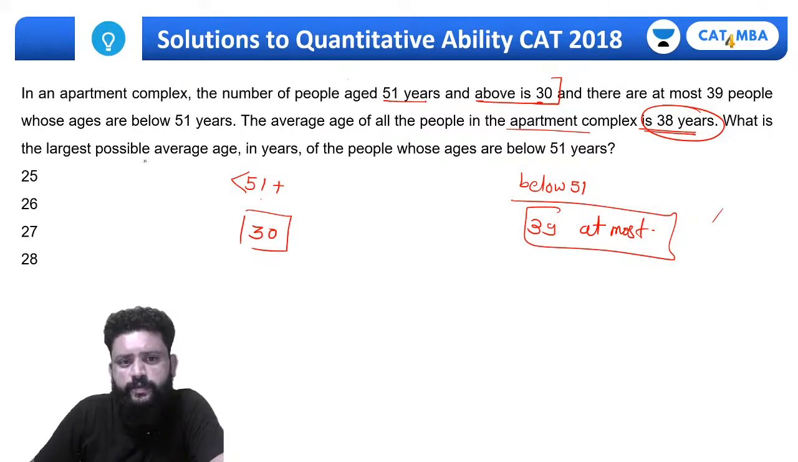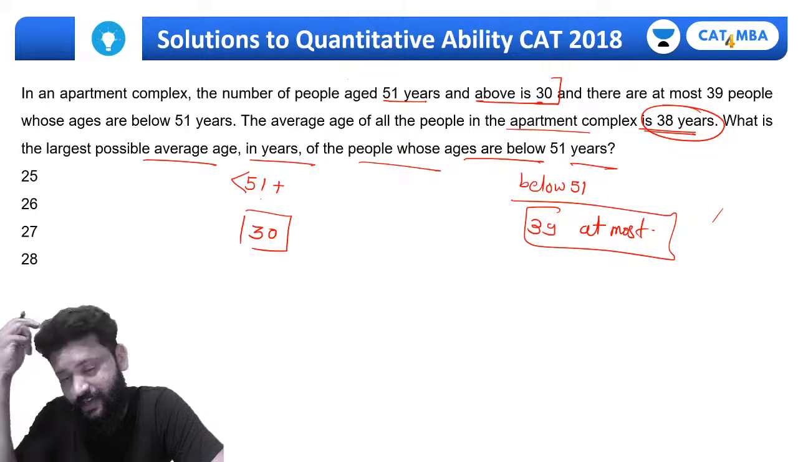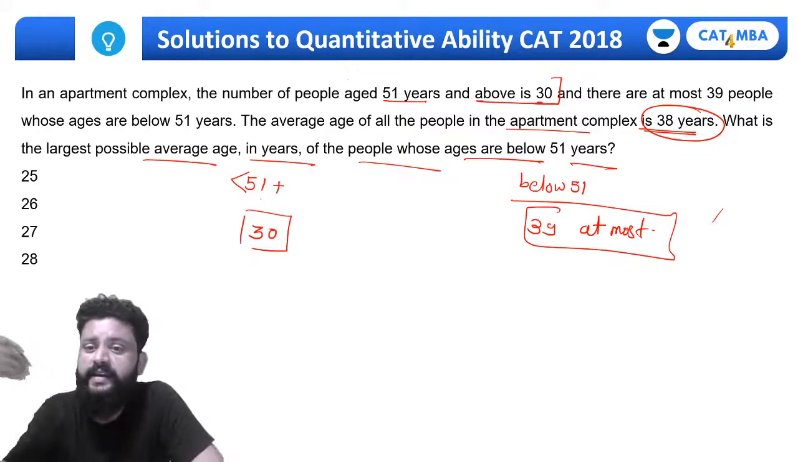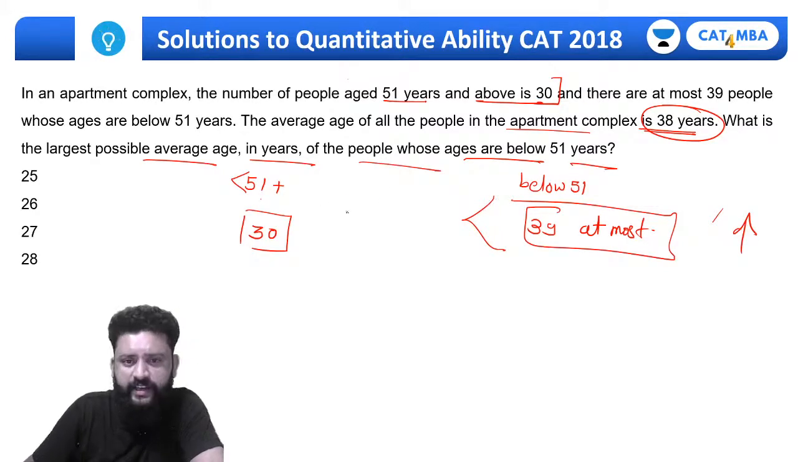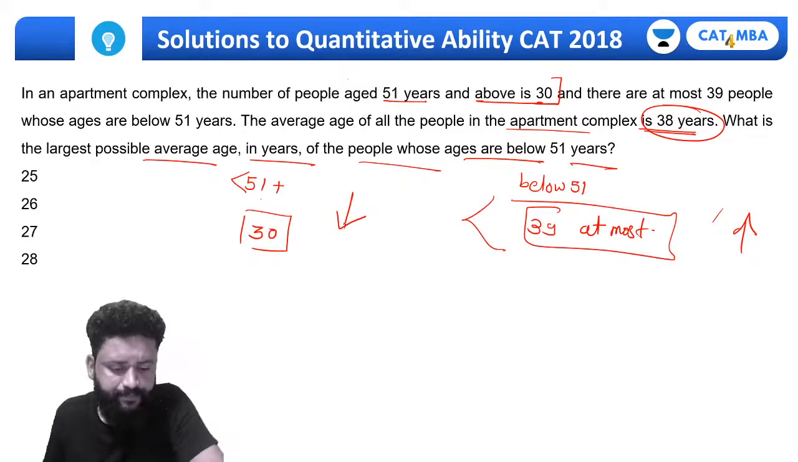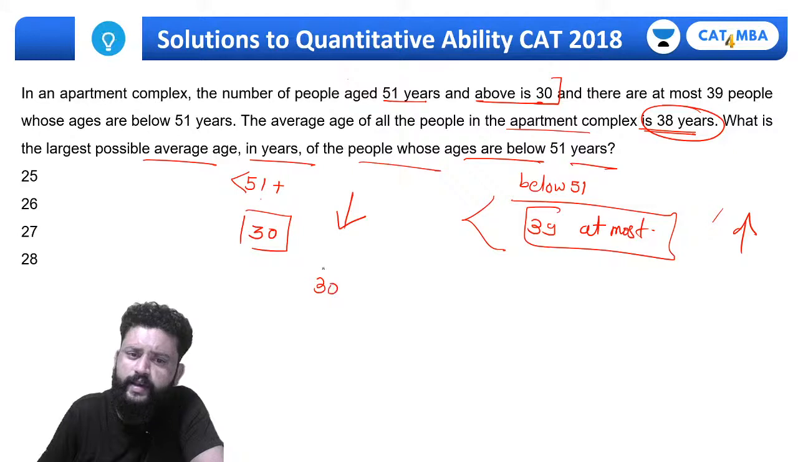So what is the largest possible average in years of the people whose ages are below 51? तो below 51 वाले का एवरेज हमें क्या करना है? लार्जेस्ट लाना है. तो अगर इसको हमें ज़्यादा लाना है तो इसको हमें बढ़ाना है, तो डेफिनेटली ये हमें कम रखना पड़ेगा, राइट. तो इसको अगर कम करना है तो तुम सीधे सीधे रखो कि ये जो 30 लोग हैं इनका 51 ही है, 51 एज के 30 लोग,